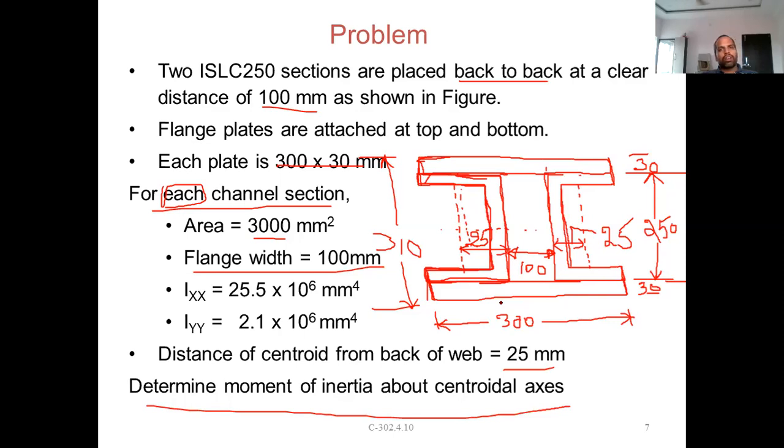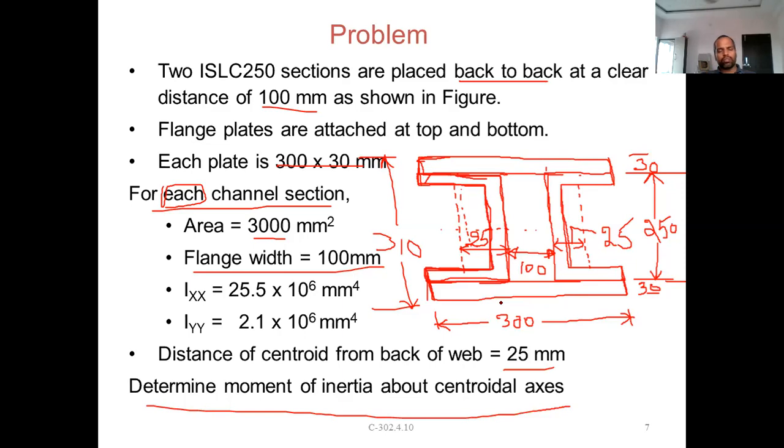How to check whether it is symmetric or not? Divide it vertically and horizontally about any one axis you choose. Which axis divides it equally on both sides, so that one part will be a mirror image of the other? That we call an axis of symmetry. Axis of symmetry is nothing but if you cut a section into two parts, one will be a mirror image of the other one. That axis which cuts it equally is called the axis of symmetry.